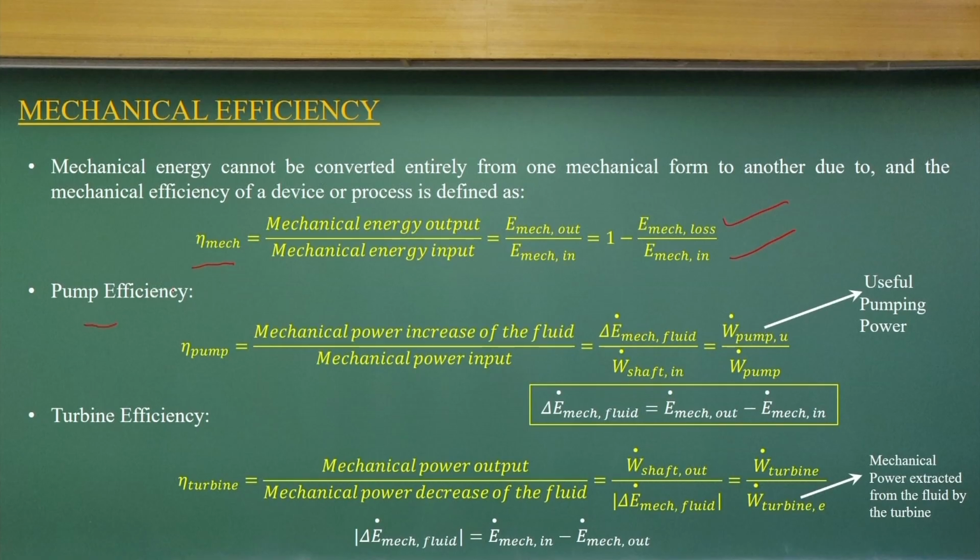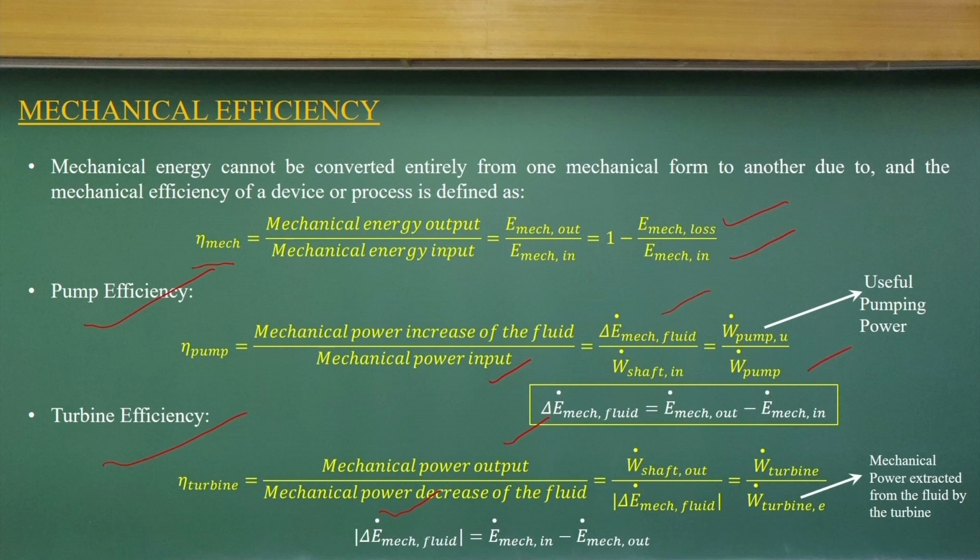Similarly, for pump efficiency and turbine efficiency, the ratio between output and input is the efficiency of the pump or the turbine. The mechanical power increase of the fluid divided by mechanical power input gives the pump efficiency; the turbine mechanical power output divided by the mechanical power decrease of the fluid gives the efficiency of the turbine system. These are the basic